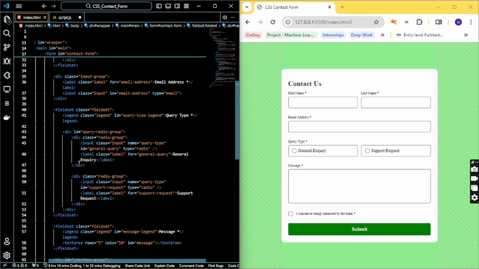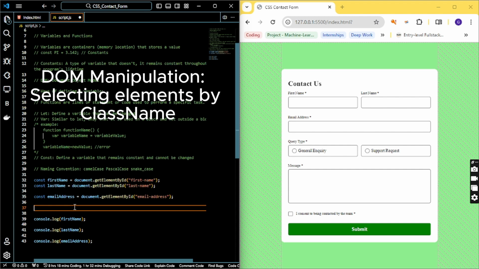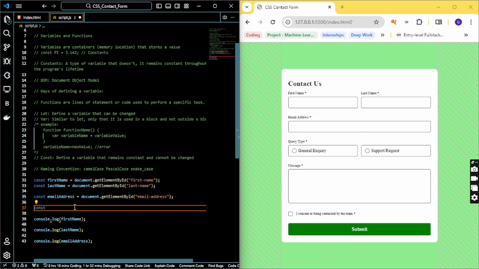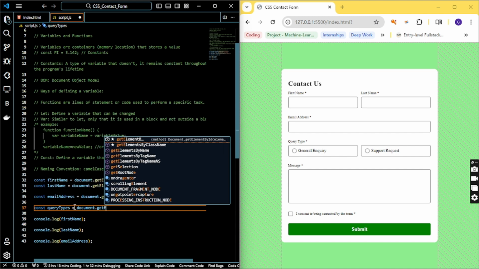We can select it as a group, and JavaScript provides us with a special selector called getElementsByClassName. So we can say